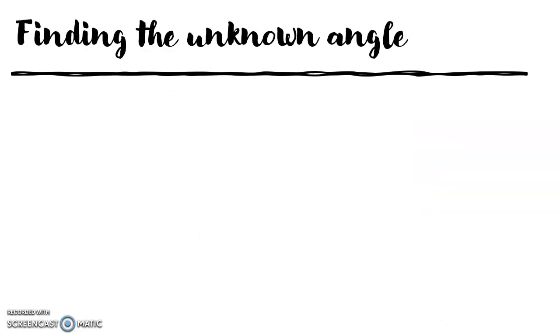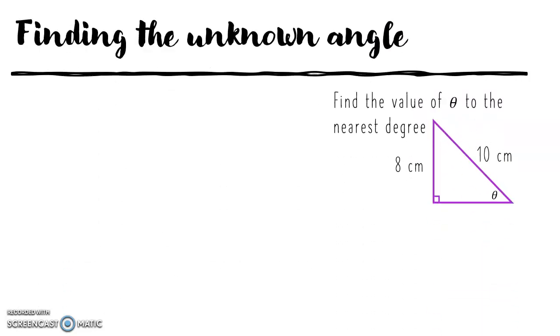Next, we're going to review finding the unknown angle. So if I was to find the value of theta to the nearest degree in this triangle, my first step is to label the triangle HOA. So my hypotenuse is 10 centimeters, and we have our opposite side 8 centimeters, but we don't have our adjacent